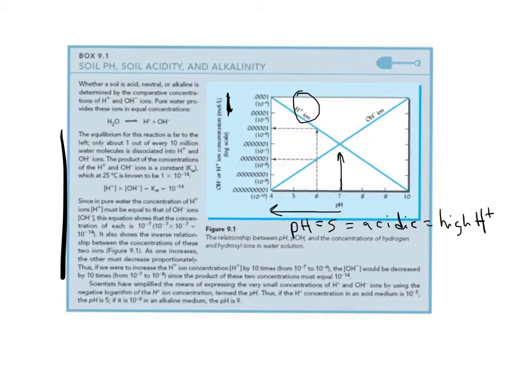Now later on we're going to think about what's actually on the soil. We just got through talking about colloids in the last chapter, and now we're thinking about hydrogen as a cation, and there is activity between the hydrogen cation and the colloid, and there's some interesting things that go on there, and we'll discuss those in a little while. Right now, what we're thinking about is just when we go